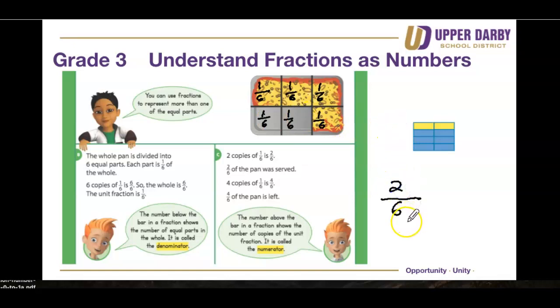2/6. Okay, and if someone were to ask how much of the pan is left, I would say, okay, you're referring to the amount of unit fractions that have not been touched yet. So we have 4/6. Okay, so that's what the numerator is referring to. Again, it's the total number of copies of the unit fraction that we are referring to. So for example, here's another